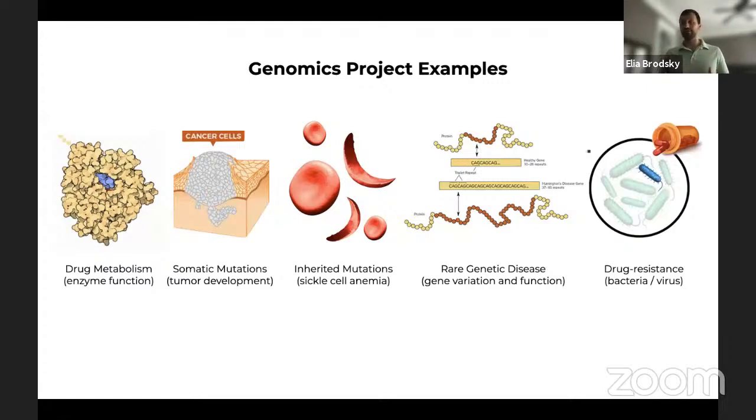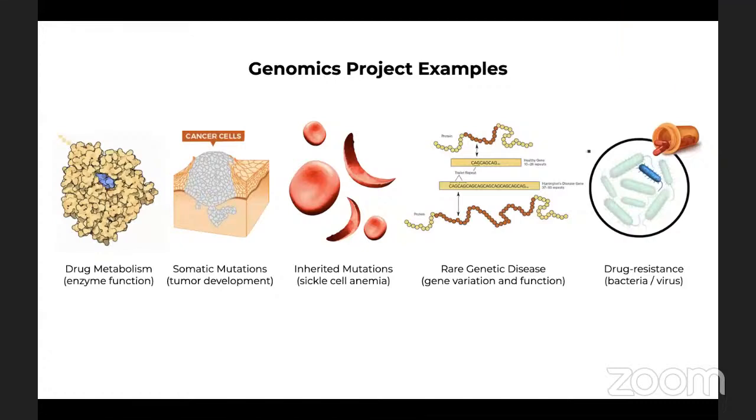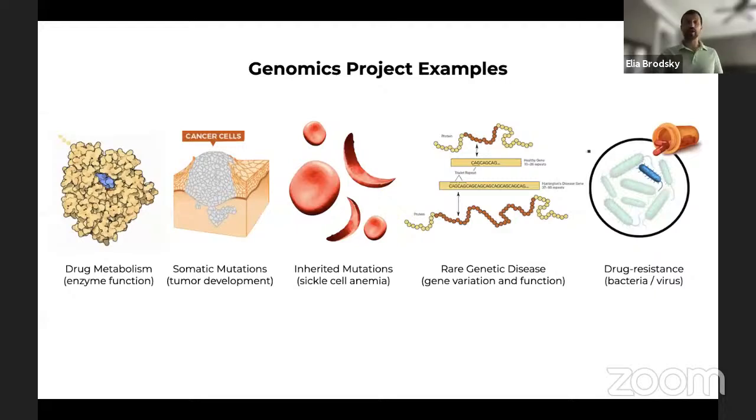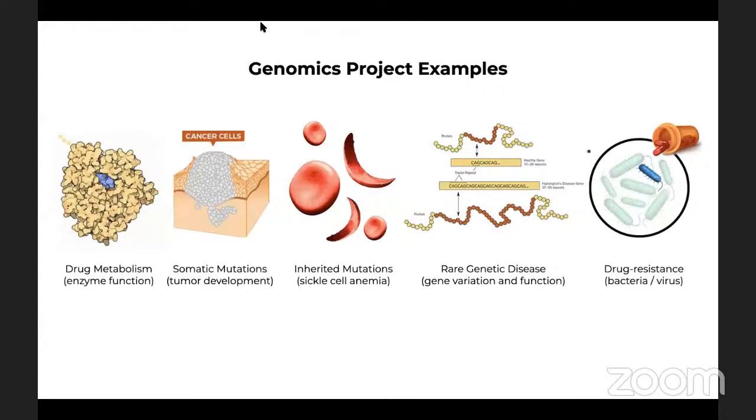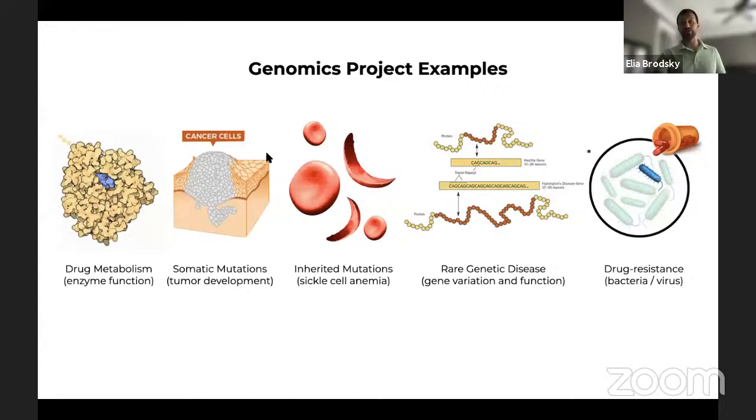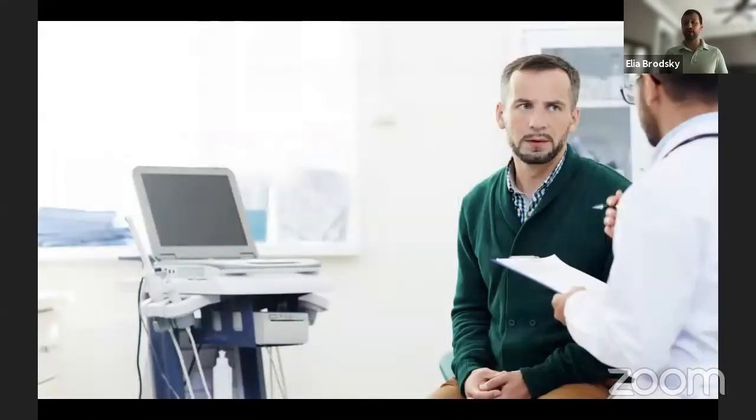That has to do with inherited diseases, and those inherited diseases could be a result of many different environmental factors over a long period of time, as well as rare genetic diseases. And those rare genetic diseases could be something that essentially endangers the person at a certain time or prevents them from developing certain important functions as they grow. And so all of this is linked to a variety of different types of genomic information that we could acquire.